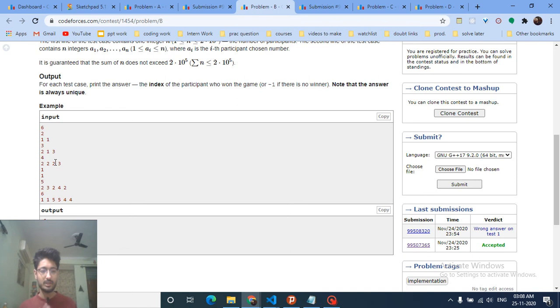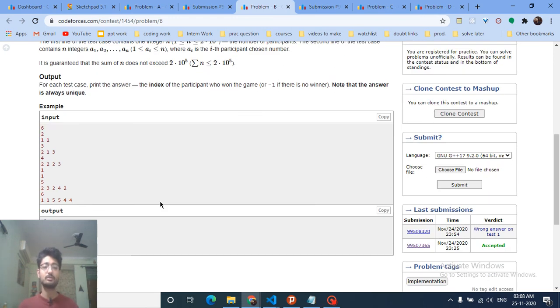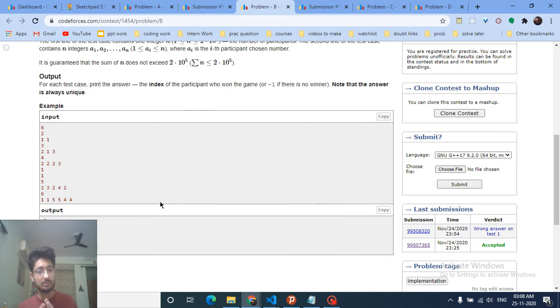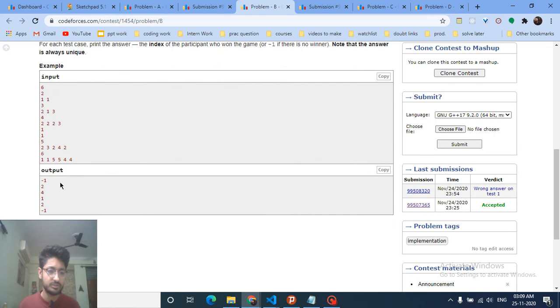So I want the number which is smallest possible, but it should be unique, so it should follow both properties. As you can see, 3 is unique and also small, though it's not the smallest possible, but we want the number which is smallest among all the numbers which are unique. You can also say that you have to find the numbers which are unique, and then check which is the smallest among all the unique numbers. In this case, there are two unique numbers, 3 and 4, and among these the smallest possible is 3.